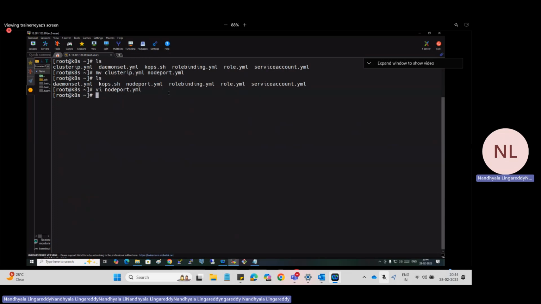Tell me. Can I do apply also? Can do apply also, create also. And then which one is that? Node port. Created. Now tell me, get service.